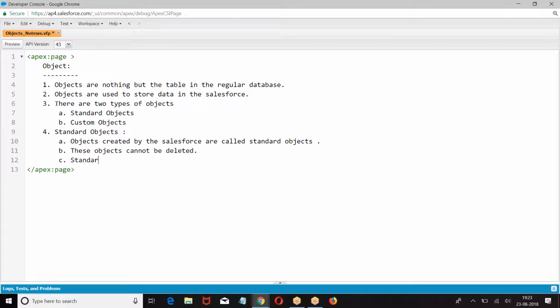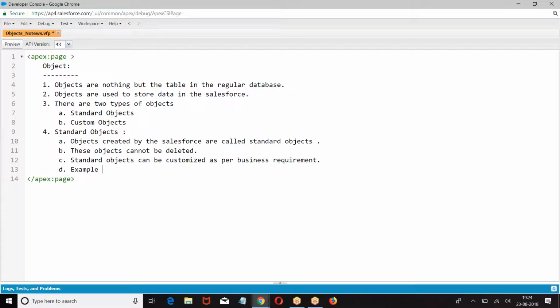Standard objects can be customized. Objects created by Salesforce are called standard objects. These objects cannot be deleted. Standard objects can be customized as per the business requirement.